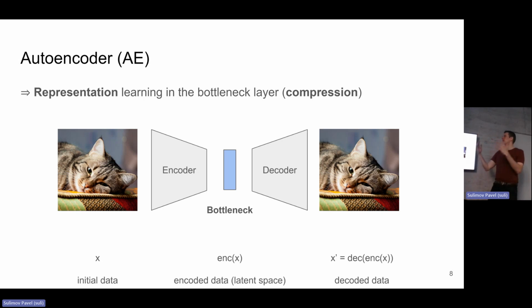Usually in machine learning, a good data scientist tries to extract features from whatever data he has. With this feature extraction, you can then make different classification tasks, and also generative tasks, and so on.